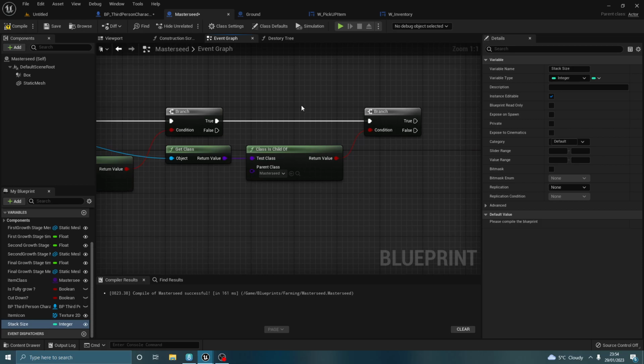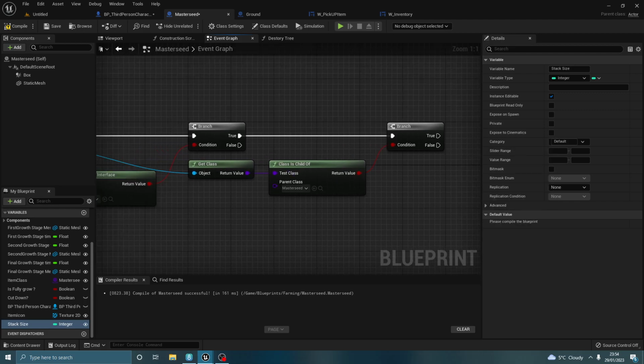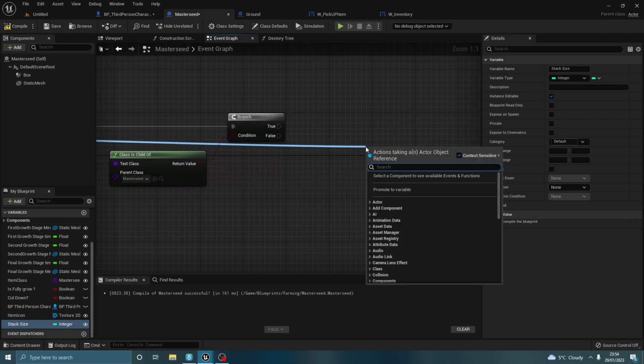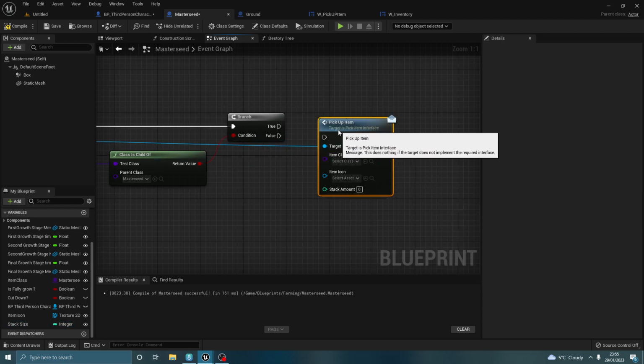If they do implement the interface, and then they're not a class of the master seed, okay, we want to pick up the item. So at false, no, we do not. Out of other item, we want to pick up item,